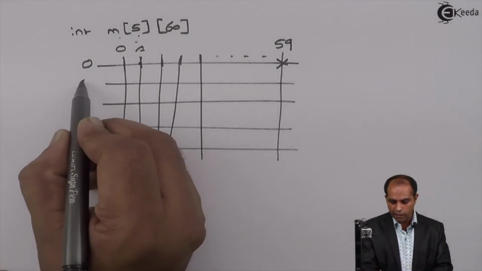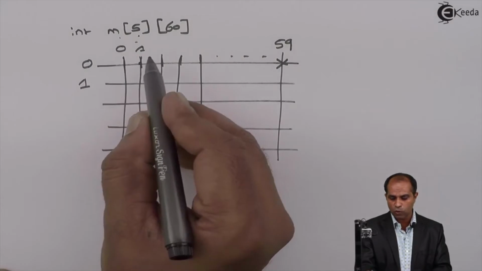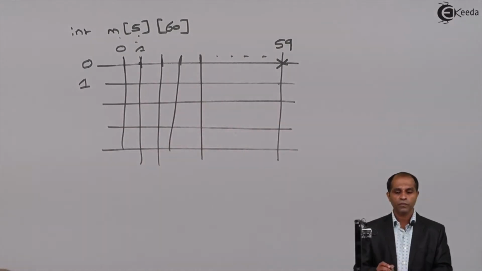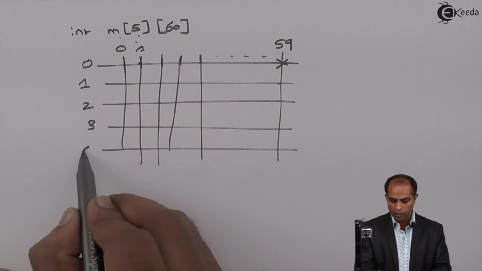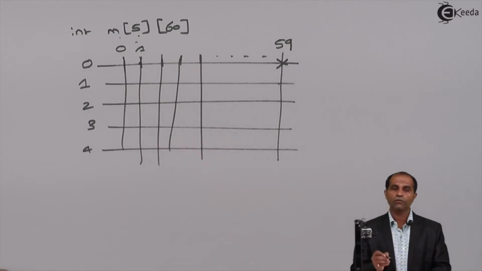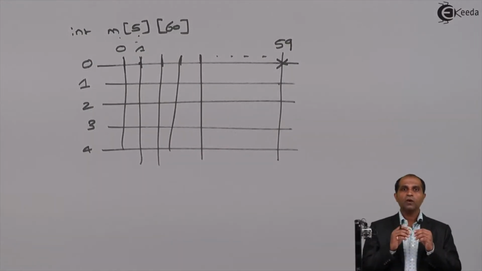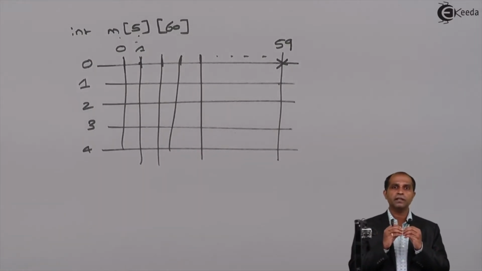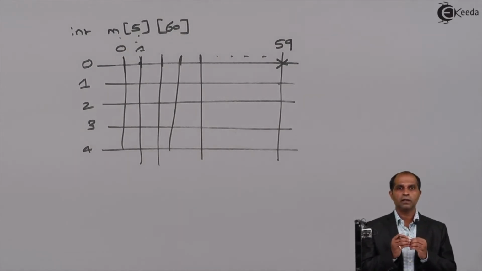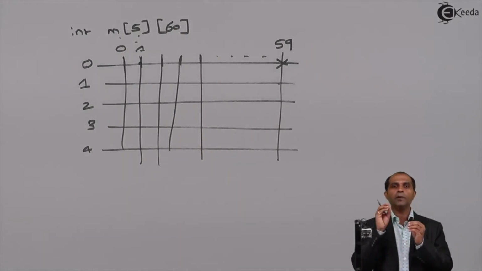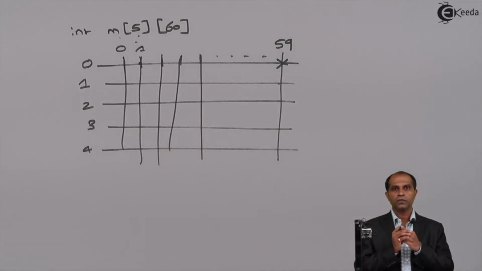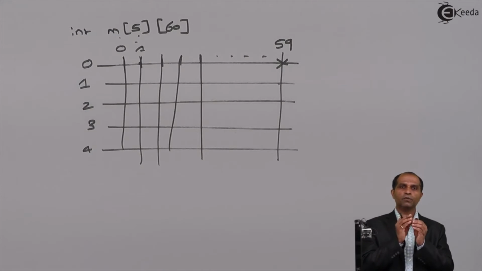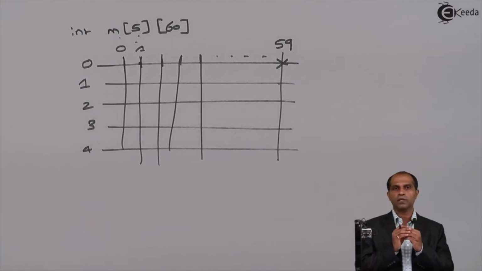Similarly, I can take the details of the second class as 10, 11 and so on till 159. 20, 21 for the third class. The fourth class will have 30, 31, 32. For the fifth class, I can have 40, 41, up to 459. So basically, when I need to extend the contents of a one-dimensional array, rather than declaring multiple one-dimensional arrays, I can declare one two-dimensional array. A two-dimensional array is nothing but a replacement for multiple one-dimensional arrays.